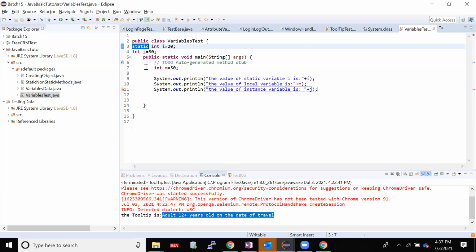You cannot call something inside a static which is non-static. Since it was static and it was a static method, we could call it directly. For non-static things, we'll have to create the object of that class, then only we can use that. If you want to access non-static, we'll have to create an object of it and use it.